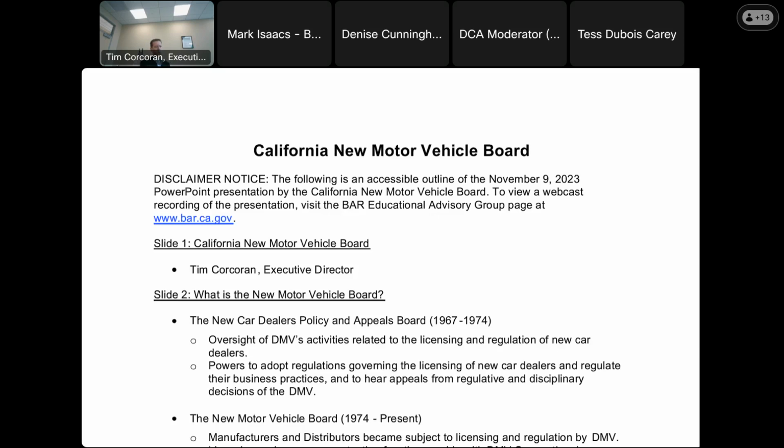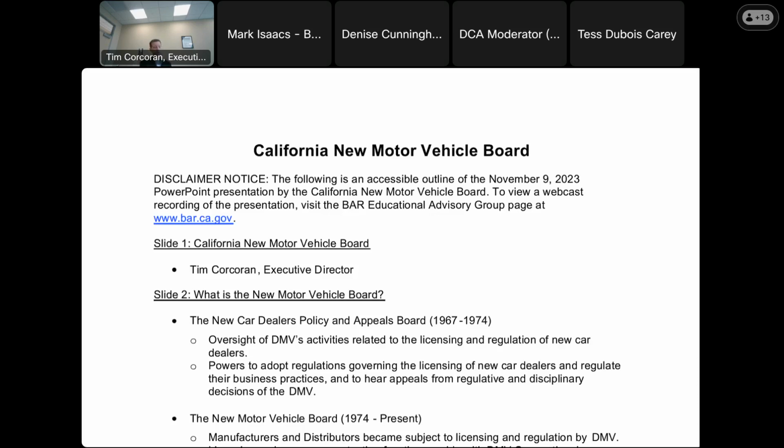Did have some additional regulatory authority and powers, but it wasn't until 1974 that we were reconstituted as the New Motor Vehicle Board. And at that time, all of the licensing and regulatory work, including licensing of manufacturers and distributors, was absorbed fully into Department of Motor Vehicles, specifically into their occupational licensing branch in their investigations division,